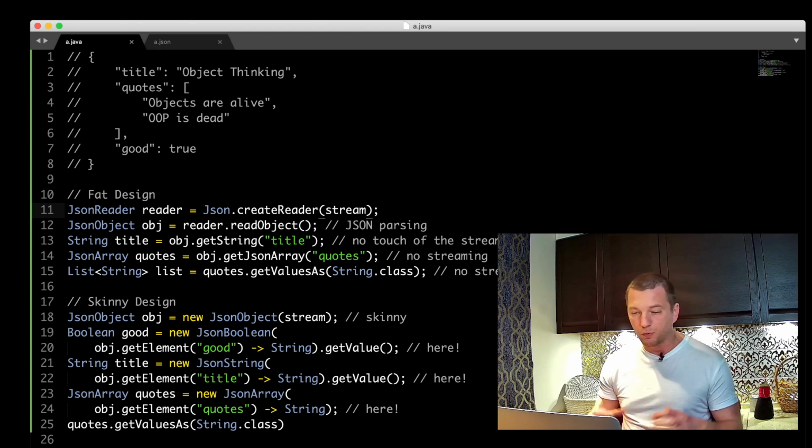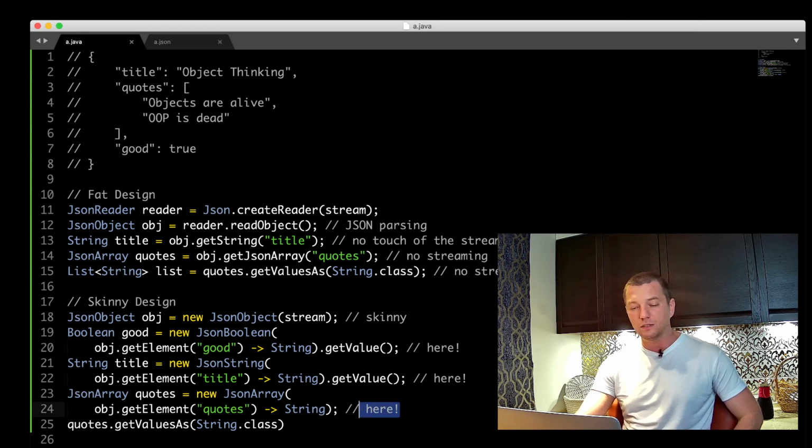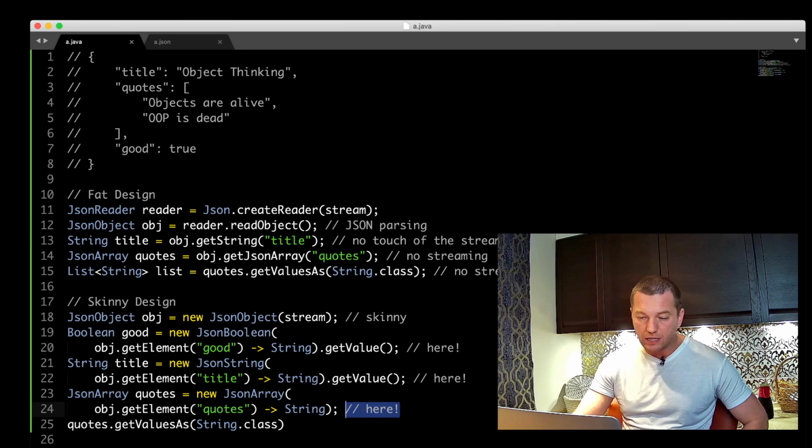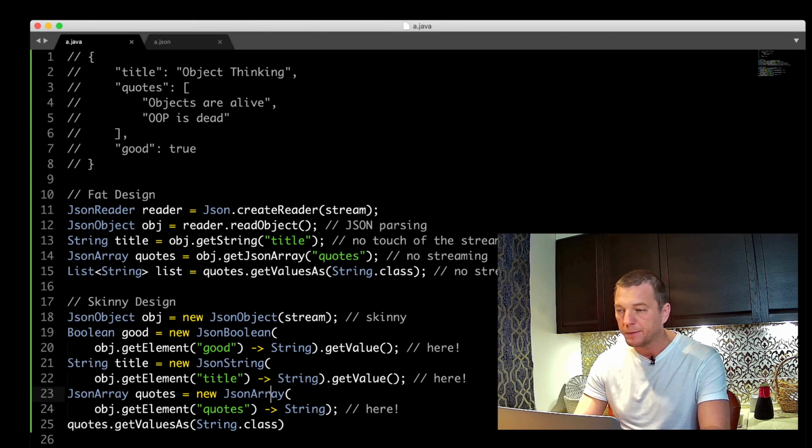It's better to keep things together, like I'm saying here, where the parsing is happening. So we know exactly that the actual parsing of the quotes will happen right here. And if something is wrong with the quotes, or something is wrong with the array, then this class right here will know what's going on. So the parsing stays closer to where the data is being processed. This is a more cohesive design. I think it's a benefit.